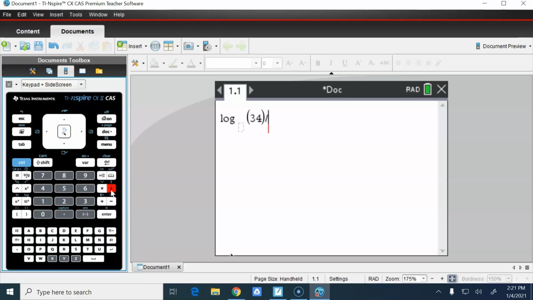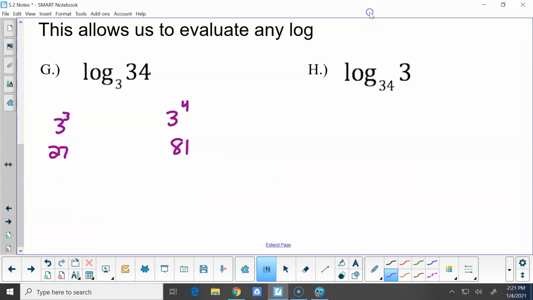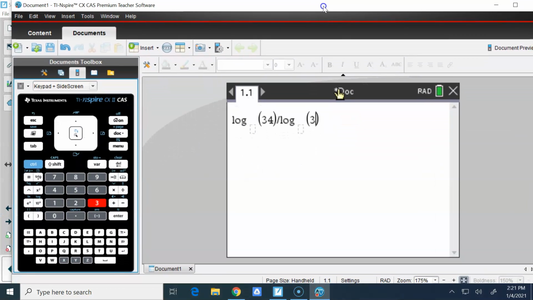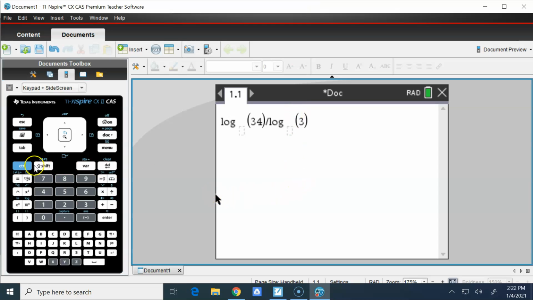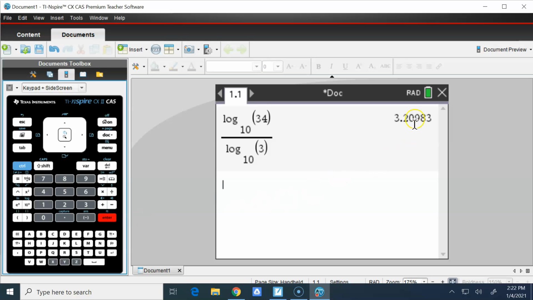Now, if your calculator opens up a set of parentheses, make sure you close that parentheses before you hit divide. Or if it doesn't, make sure you put the whole thing in a set of parentheses, and then you're going to put log in again, and it's going to be divided by log of 3, because that's what we wanted our problem to be. Log base 3 of 34 becomes log of 34 divided by log of 3. And then when I hit equals on that one, I get